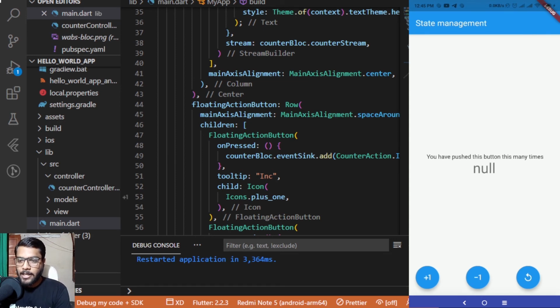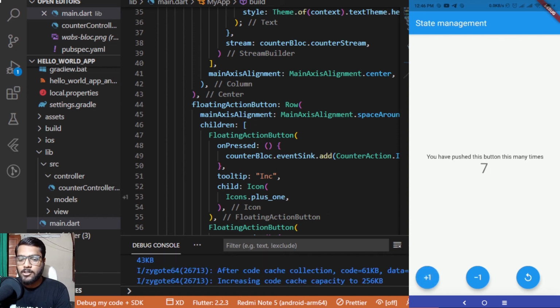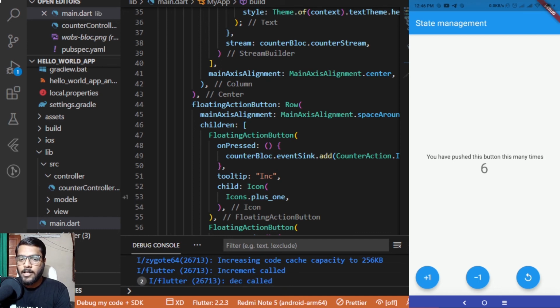So now when I'll be clicking on +1, you can see over here that the value of the counter variable is being increased by 1, and in the debug console you can see that it is showing increment called. When I'll be clicking on this -1, you can see that it is displaying decrement called, and the value of the counter variable is being decreased by 1. When I'll be clicking on this reset, which is the replay icon which we have added, it will be automatically setting the value back to 0, and the data would be updated dynamically